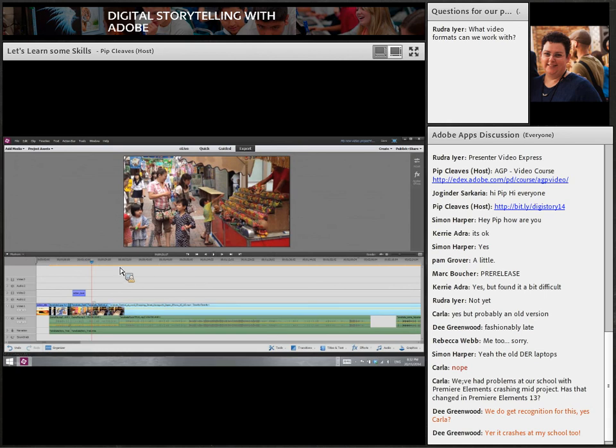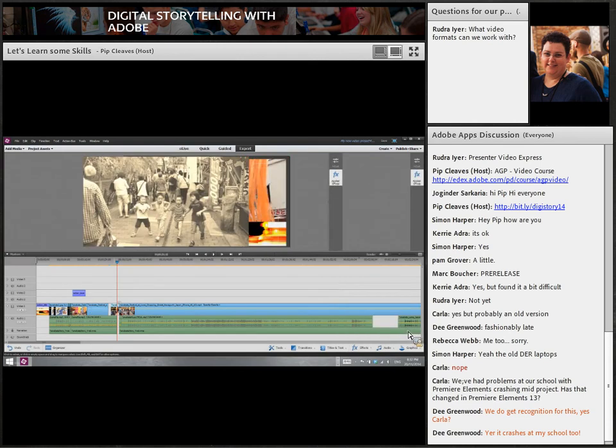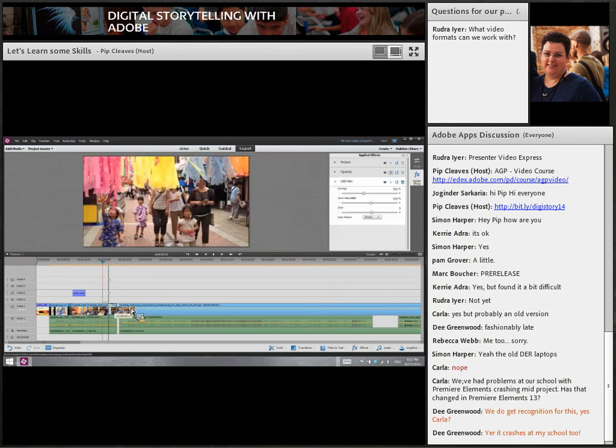So what else can we do? Let's head into effects, because this is a really groovy area. I'm just going to make a bit of a click so I can play with an area. Let's play with this section here. Click on Fill Effects, and I can do some pretty cool stuff. So if I choose Hollywood Looks, if I choose Newsreel here and drag and drop it on top, I got